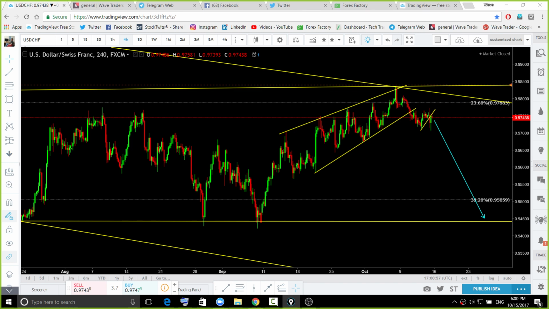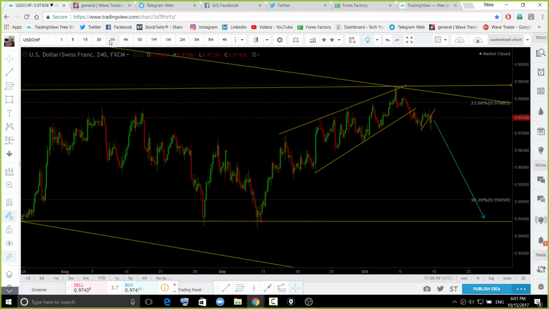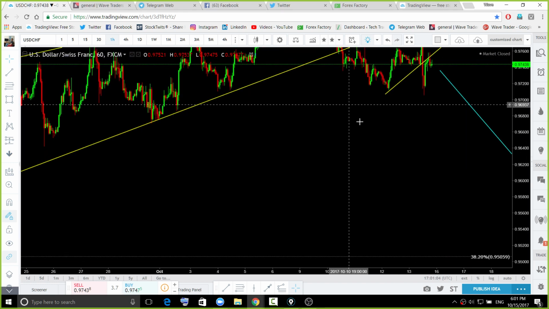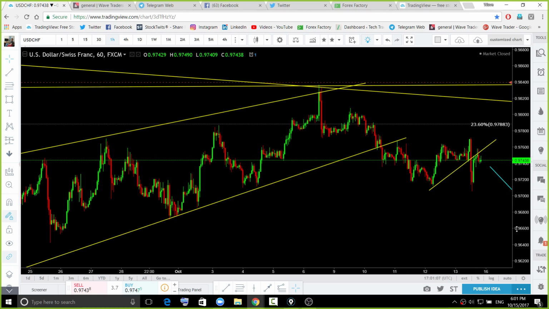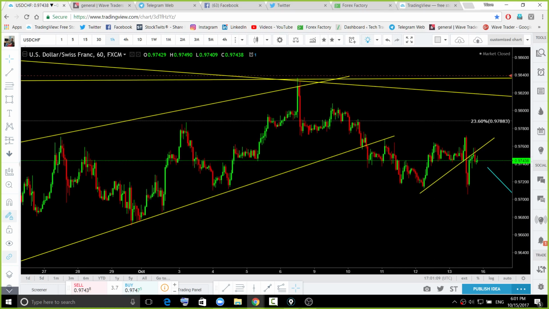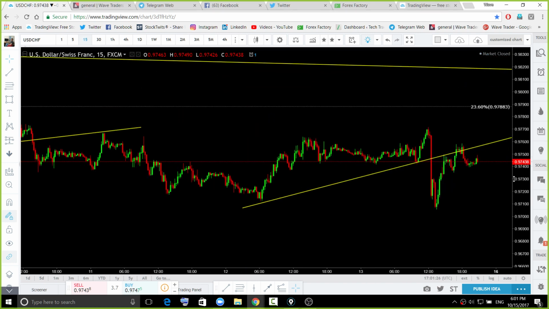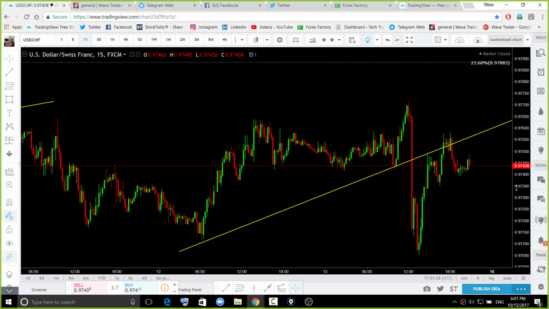If you remember, last week I showed you a continuation formation at this area, if I'm not wrong, and you fellows remember that. Price was somewhere here, and I asked you to look for this continuation formation. So that formation appeared over there and is going to continue. Let me look at the lower time frame so that you can understand which short-term trade setup you need to look for once the market opens.